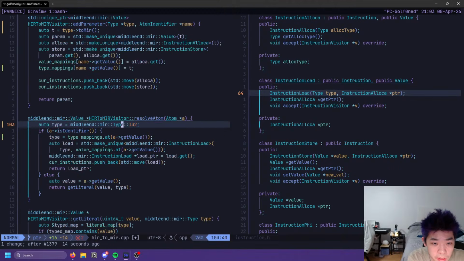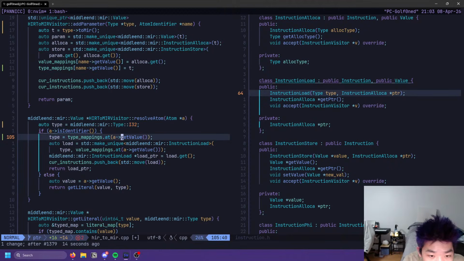Surely it's up here. So it's either load or... oh, that's not ideal. So it's the result of the load.